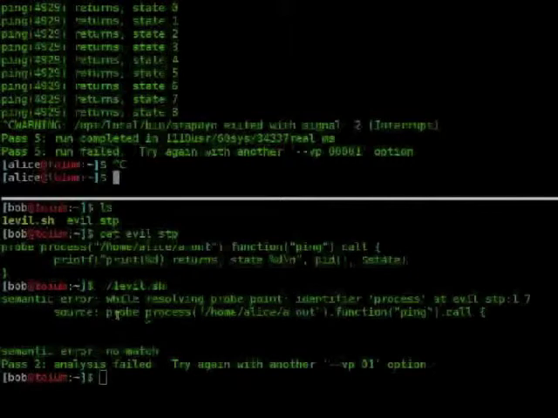And another thing is that it's easier to actually add tapsets to SystemTap because you're writing them as SystemTap scripts with a bit of C in them. On our website, which I'll show at the end, on our wiki, there's a comparison of the two